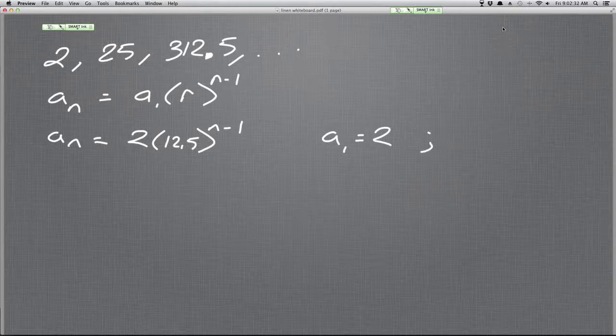And then I have A sub n equals, what do you guys think the rest of it will be? N minus 1, and A sub n minus 1. Okay. And how do I get from one term to the next? The ratio? What do I do with the ratio? Multiply. So the recursive is going to be A sub n equals A sub n minus 1 times r, and r in this case is